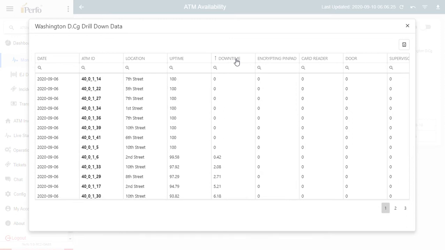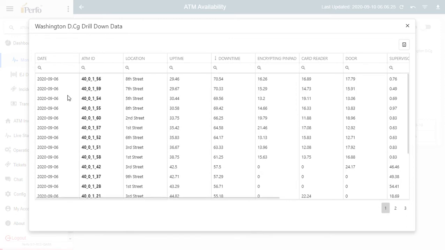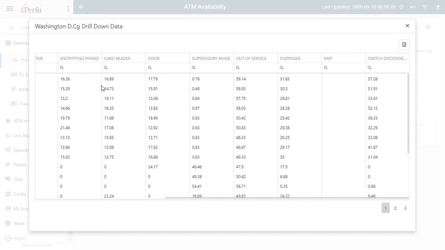Now, in a downtime context, if you want to go deep down and check which machines are actually causing this downtime, you get a drill down view where for each ATM you can see how much percentage of downtime that machine is contributing on that particular day, as well as what the contributing factors towards that downtime are. Here you could see that we display each downtime contributing device. It could be because the EPP went bad, the pin pad went bad because keys were not provisioned properly in the pin pad, or there's a hardware fault, right? It could be many factors.